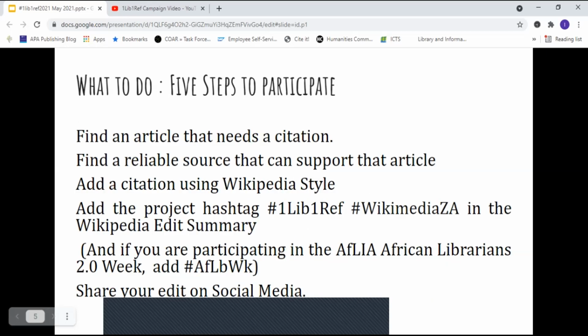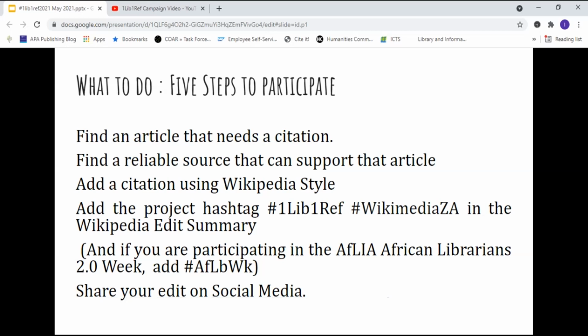So how to participate, as that video indicated, you need to find an article that needs a citation. You need to find a reliable source that can support that citation in that article. And that, in fact, is not often as easy as it sounds. It is often not a quick process.